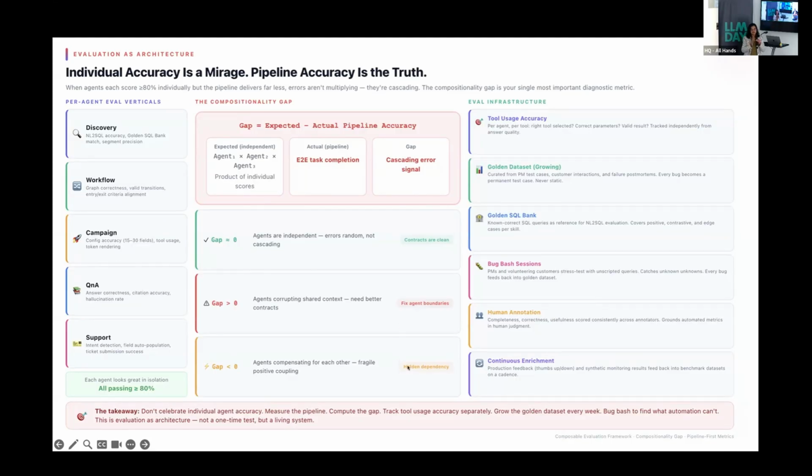Now, if your data is not very well preserved in this part, then even if your individual agents are working really well, your final agent might be performing at 40% because not all the correct data got transferred, or a lot more data got transferred than it should have been. The other agent went and looked at the wrong part of the data and created something that was not correct. So it's important to test end to end, and to test the whole ecosystem and not just one agent.